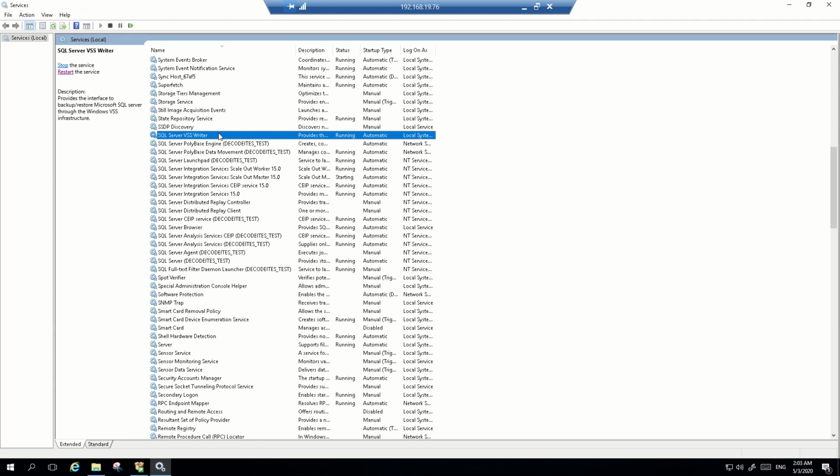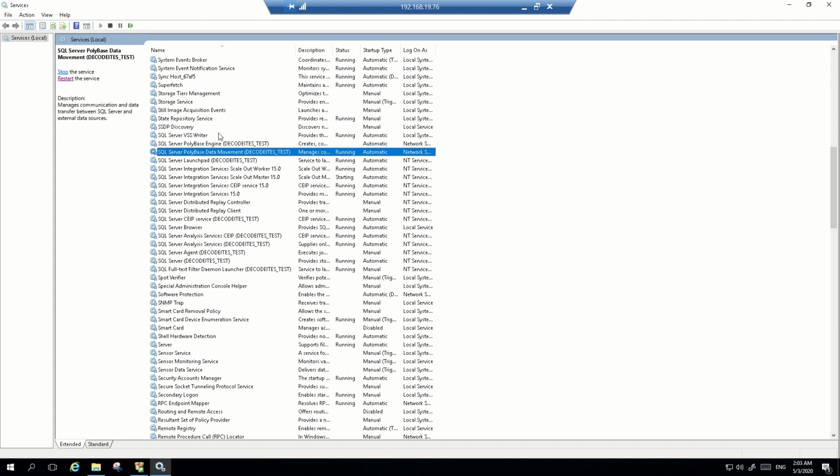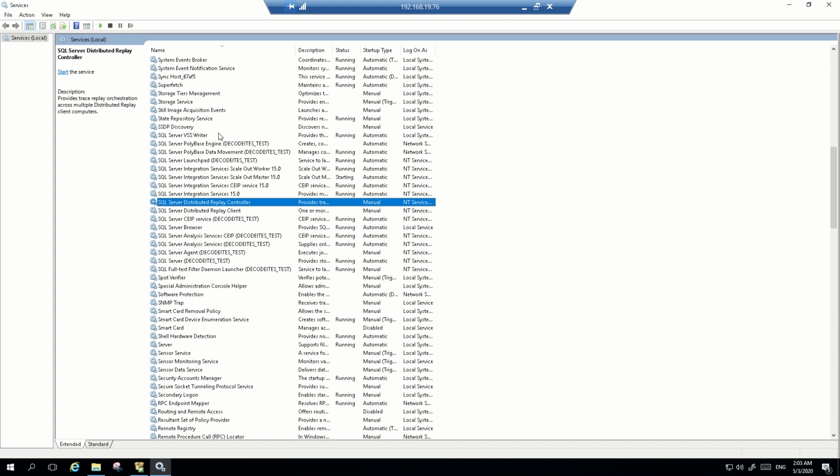This many services got installed: VSS Writer, PolyBase service, Launchpad service, Integration Services, Distributed Replay Controller, CEIP service. I personally don't like this because it collects data in the background and sends that detail to Microsoft without notifying you. And Microsoft is installing this service without any notification or information to the user at the time of installation.